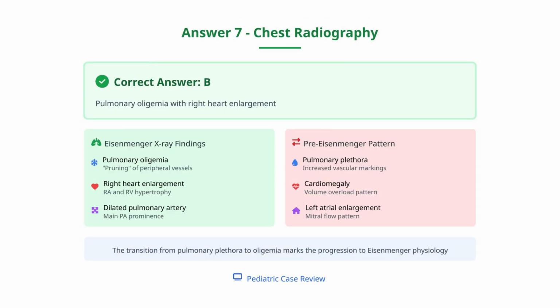Pulmonary oligemia with right heart enlargement is the classic radiographic finding in Eisenmenger syndrome. Pulmonary oligemia, sometimes described as pruning of peripheral vessels, reflects reduced pulmonary blood flow due to increased pulmonary vascular resistance. Right atrial and ventricular enlargement occur due to pressure overload. The main pulmonary artery is typically dilated. This pattern contrasts with the pre-Eisenmenger radiographic findings of pulmonary plethora with cardiomegaly, which reflect the initial left to right